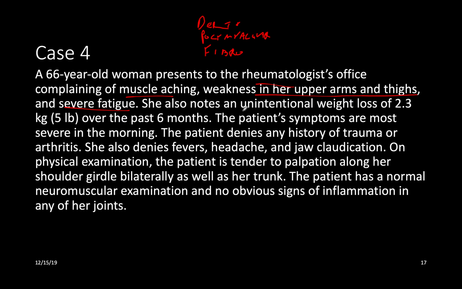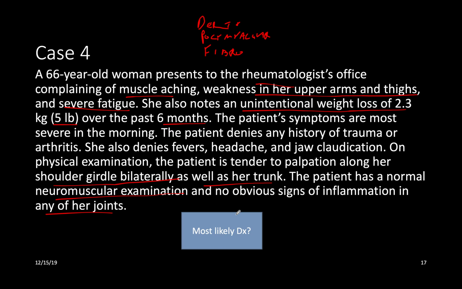She also notes an unintentional weight loss of 2.3 pounds over the past 6 months. Patient's symptoms are most severe in the morning. Denies any history of trauma, arthritis, denies fevers, headache, jaw claudication. Okay. On physical exam, patient is tender to palpation along her shoulder girdle bilaterally, as well as her trunk. Has a normal neuromuscular exam, no obvious signs of inflammation in any of her joints. Okay, and so in terms of your diagnosis,